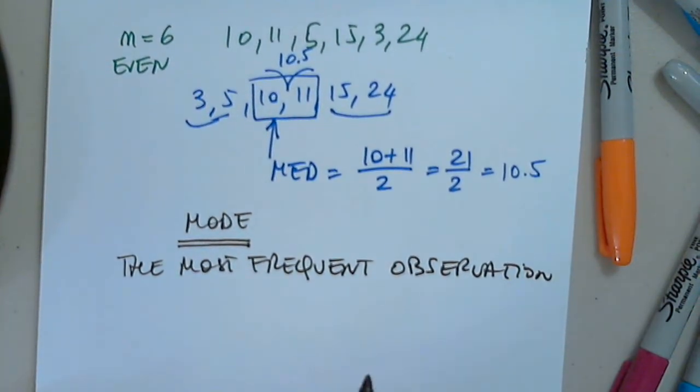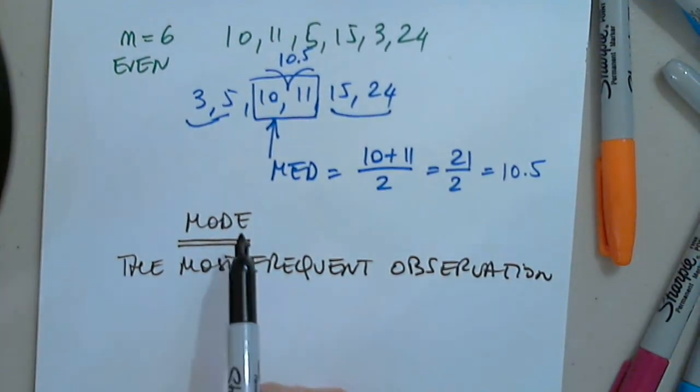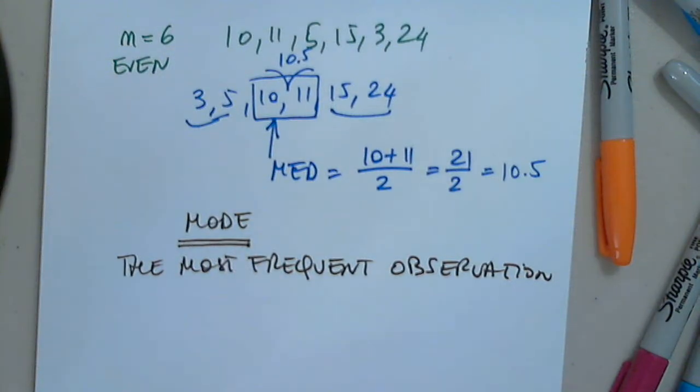A sample does not have to have a mode. It may have a mode, it may not have, it may have one, it may have two. So here's an example